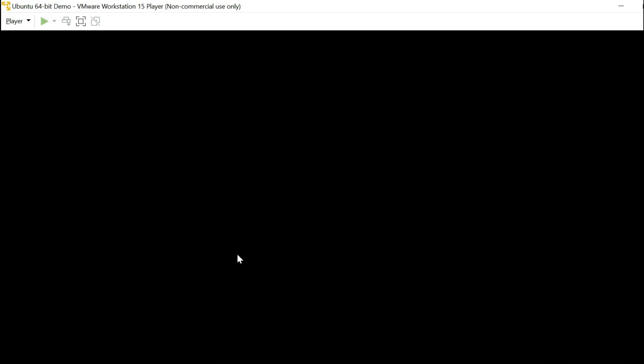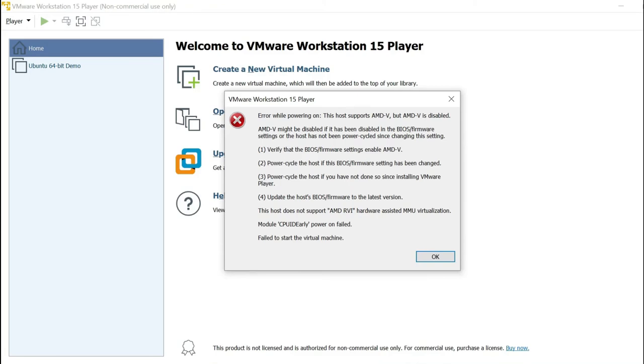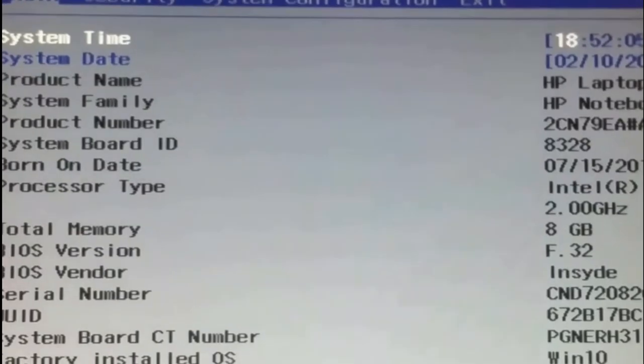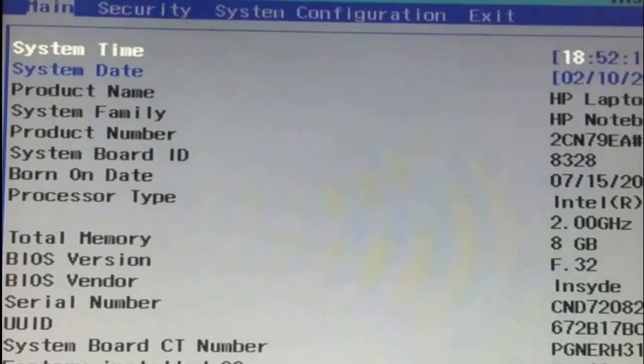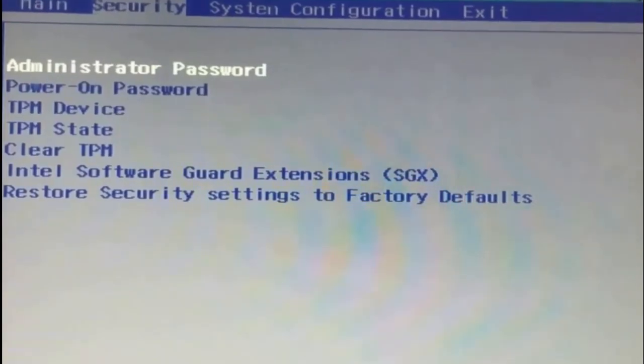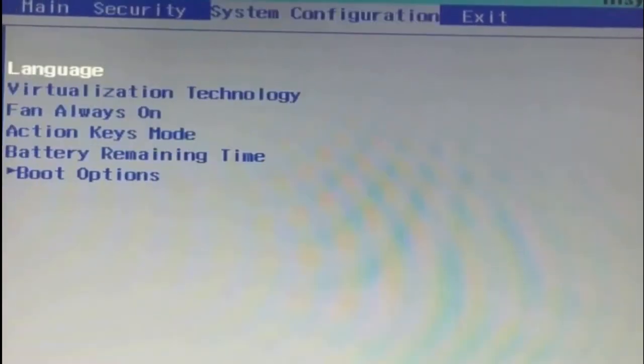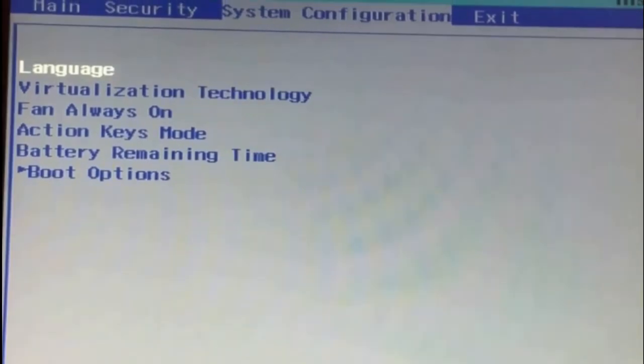When you click Play virtual machine, there is a chance of getting an error like this. If you're getting an error as such, then what you have to do is go to BIOS. It depends upon the system. To go to BIOS, I had to keep on pressing F10 while restarting the system. And here you have to go to System Configuration and go to Virtualization Technology and enable it.